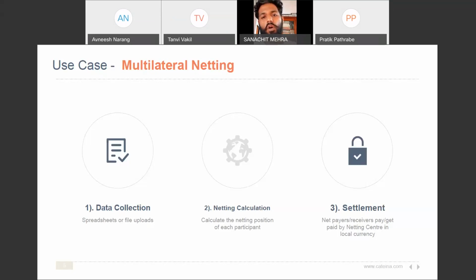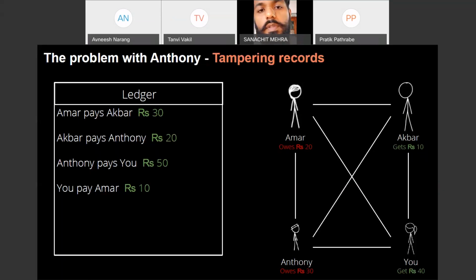So what could go wrong? Next slide, please. Okay, the problem is Anthony. If any of you have actually watched the movie, you would know that Anthony is the problem child. And as we can already see, Anthony is wearing the topi, and the guy actually knows topi pehnana kaise padta